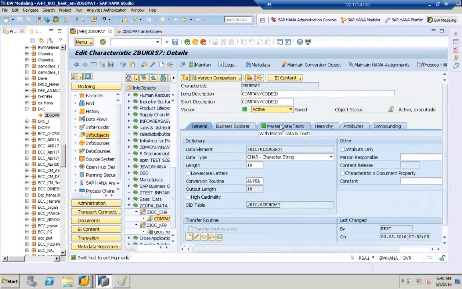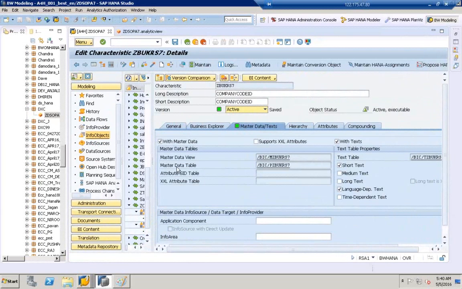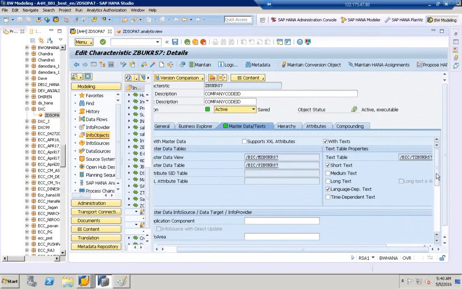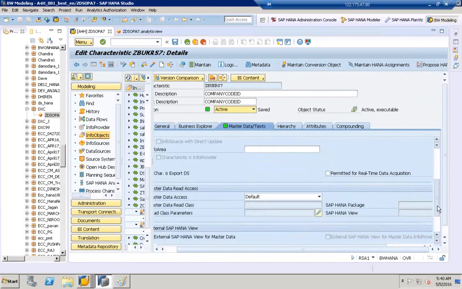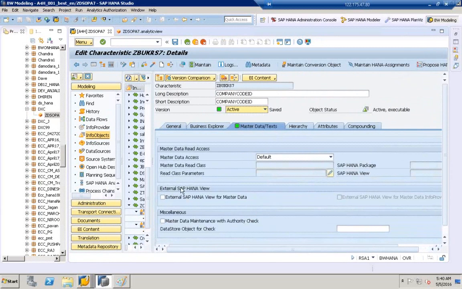In here, click on the master data / text tab. Once you click on the master data / text tab, scroll to the bottom. Please see the same option is also available here: external SAP HANA view. So in the master data tab, you have external SAP HANA view for master data. So when you check this option,